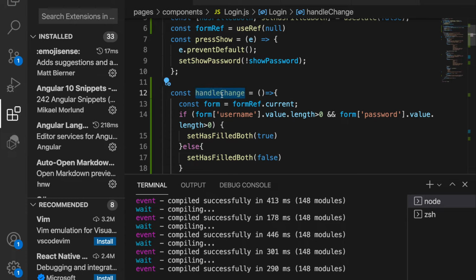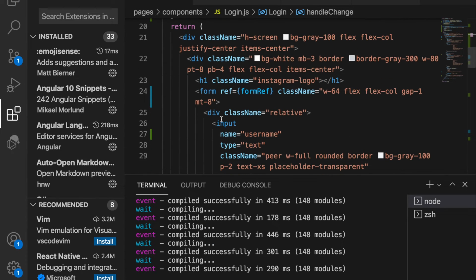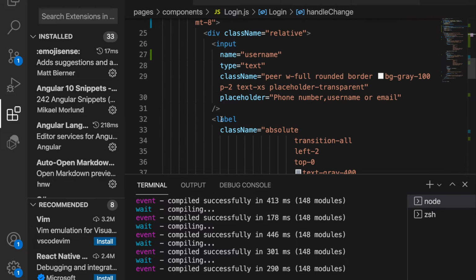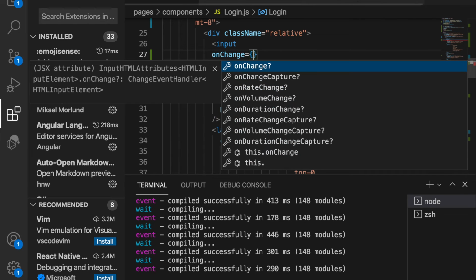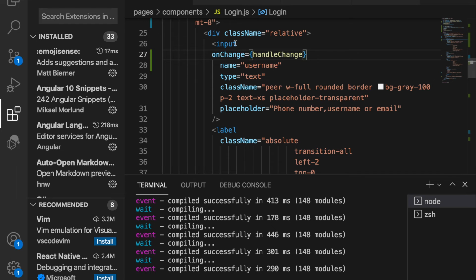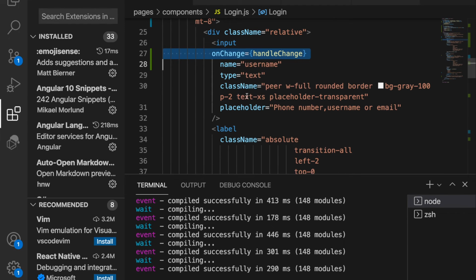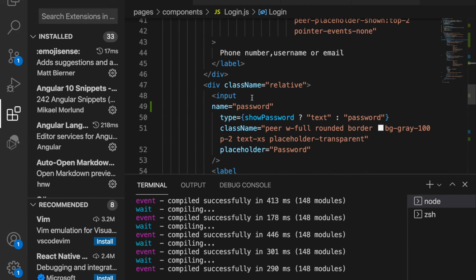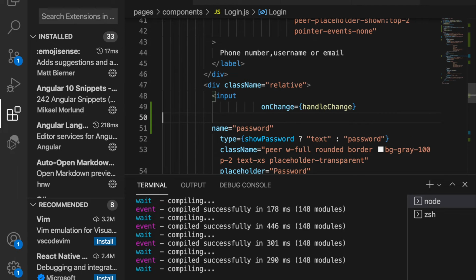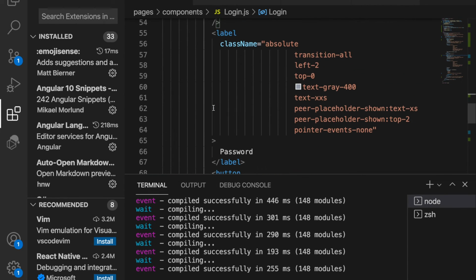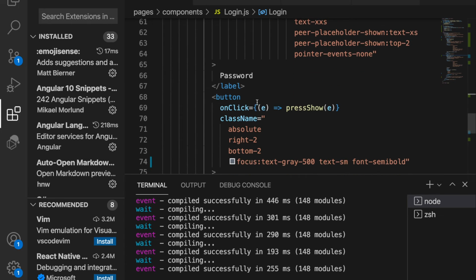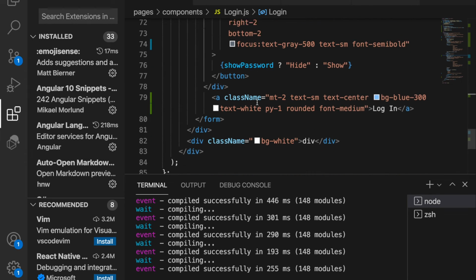Now we are going to bind this function to the input fields. So we type onChange is equal to handleChange. So we copy this and also paste this to the password. Now we are going to change the colors of the button. So we go back to the login button,